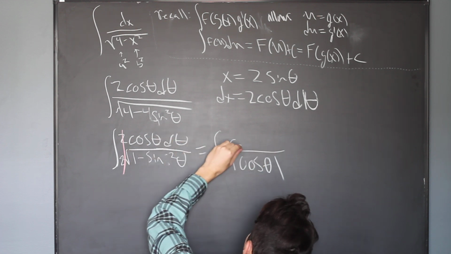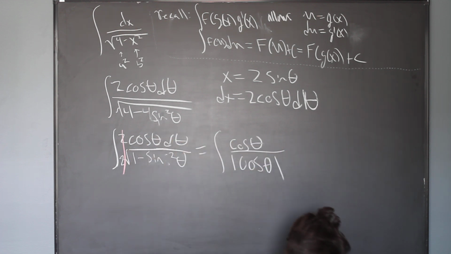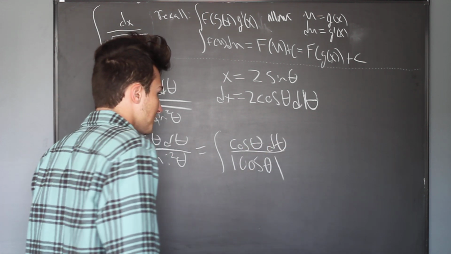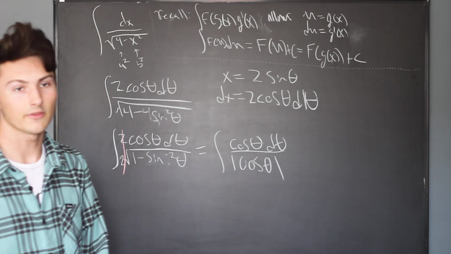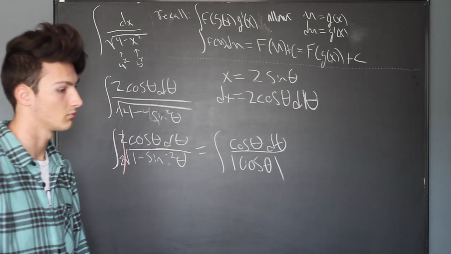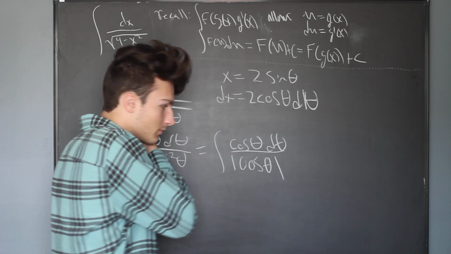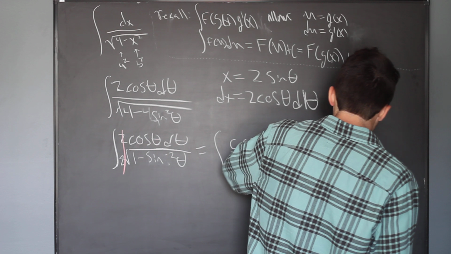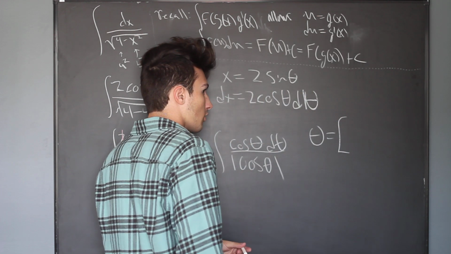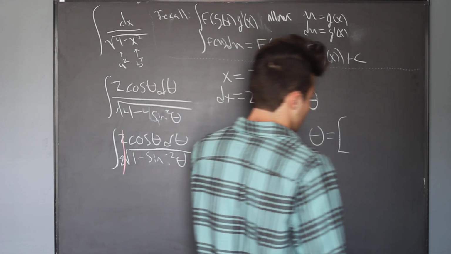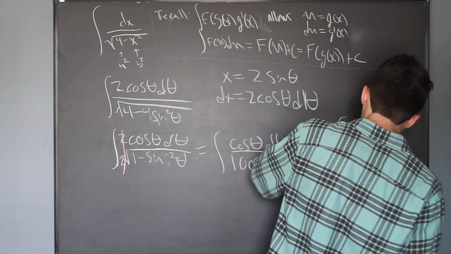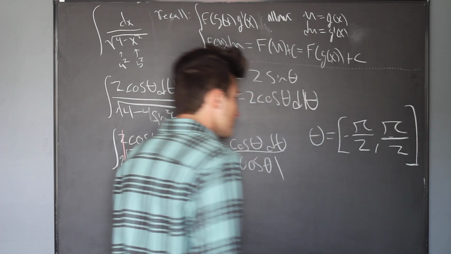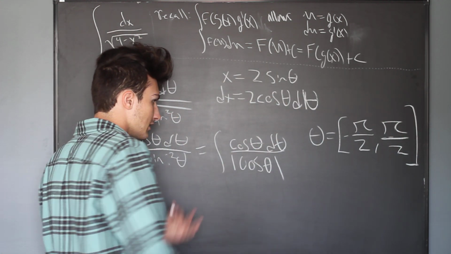All over cosine theta, d theta. And so we're lucky enough to be able to say, okay, theta's going to stay in the first quadrant. Or, yeah, theta's now restricted from negative pi over 2 to pi over 2. This is fully fine. So now, because we set that,